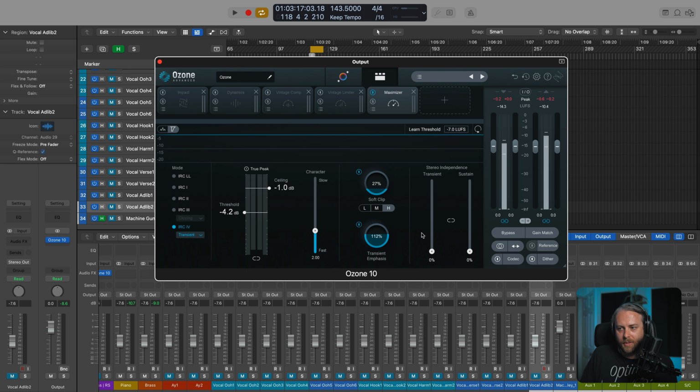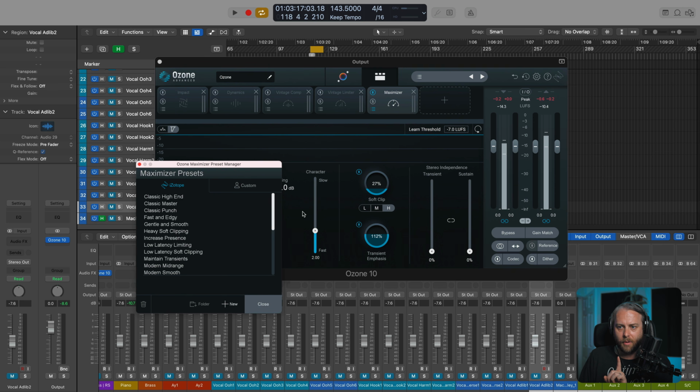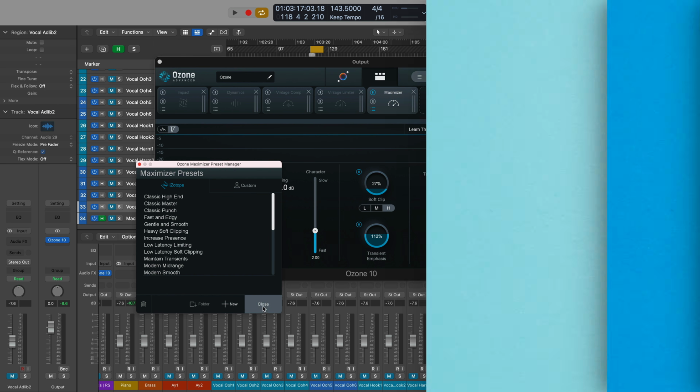Obviously, stereo independence, transient emphasis, soft clip, all this stuff happens before the, I know we're kind of structured in a funky way here with this stuff on the right, which almost makes you think that this happens after. Most of the stuff happens before we hit the IRC. So we're protecting headroom and we know kind of where we stand in terms of loudness. So that is, I think, going to do it for the tour of the almighty Maximizer. And one more thing though, little individual presets here for the Maximizer, which are amazing from our sound designers.